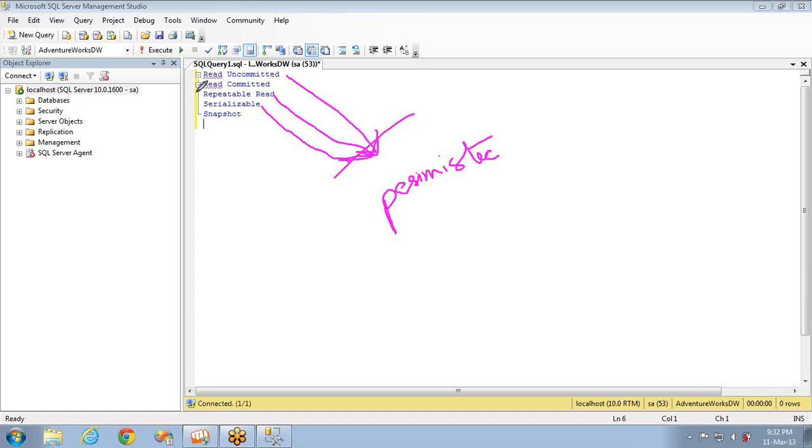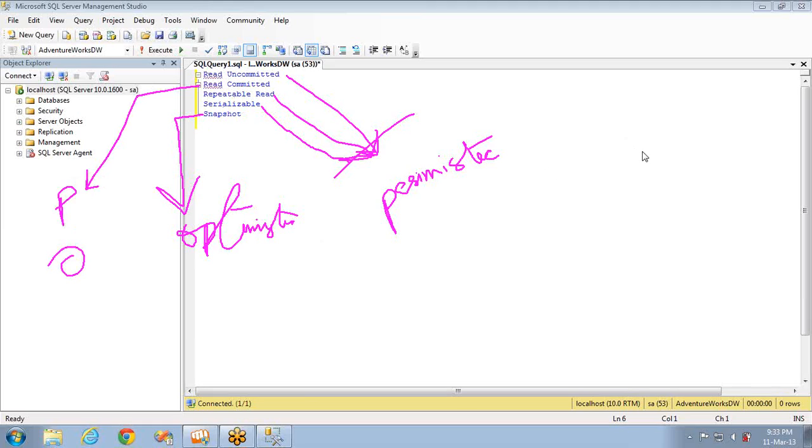And if you see the remaining 2, snapshot takes the optimistic concurrency model. I can't write the spelling properly here. Just adjust. Optimistic concurrency model. And the remaining one, read committed, falls on both pessimistic as well as optimistic.